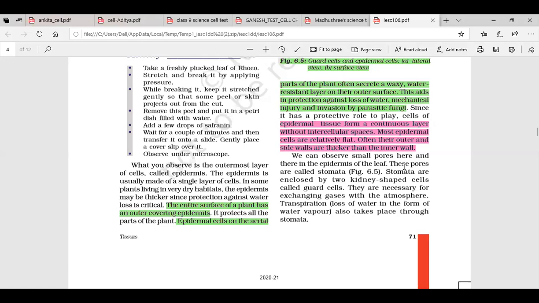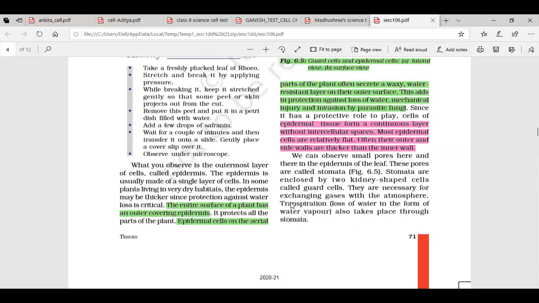So the holes, the stomata, help in this transpiration process. Even the exchange of gases during daytime, carbon dioxide moves in and oxygen moves out. Some amount of oxygen also enters, and some amount of carbon dioxide is also given out. So at the time of photosynthesis and respiration, the exchange of gases takes place. That movement of gases is happening through stomata. Clear?